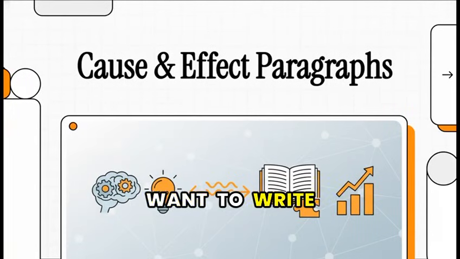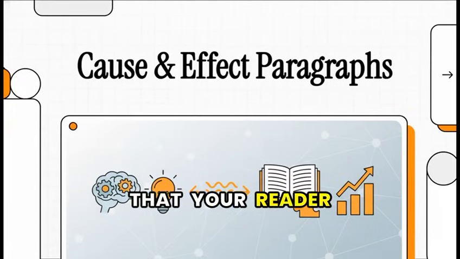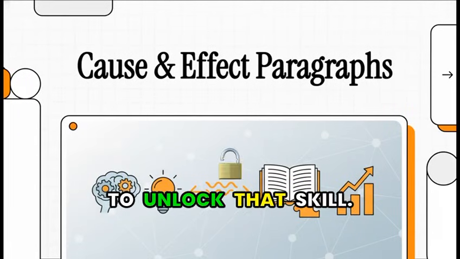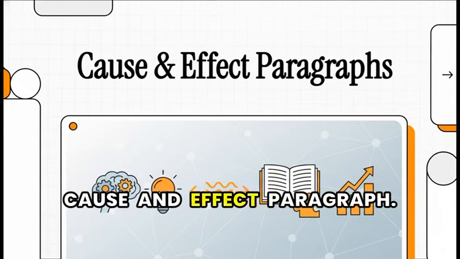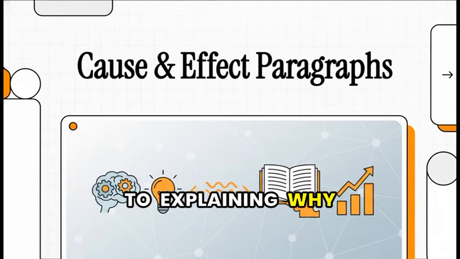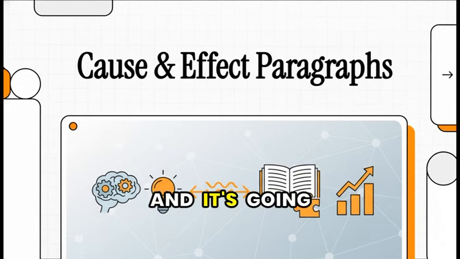You know that feeling when you want to write something so clear, so convincing that your reader just gets it? Well, today we're going to unlock that skill. We're mastering the cause and effect paragraph. It's the key to explaining why things happen and what comes next, and it's going to make you a much